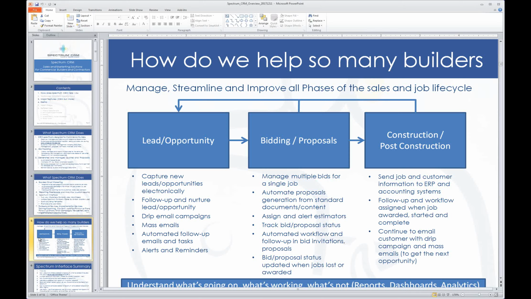And then hopefully you go into the bidding and proposal phase. You'll have a status where you're preparing the bids and you have some follow-up on that. Then you have bids submitted. And of course you want to be following up on that bid that was submitted. And then hopefully you win the job and you go into the construction phase and you have follow-up there as well. But if you lose the job, we want to circle back on that and create a follow-up